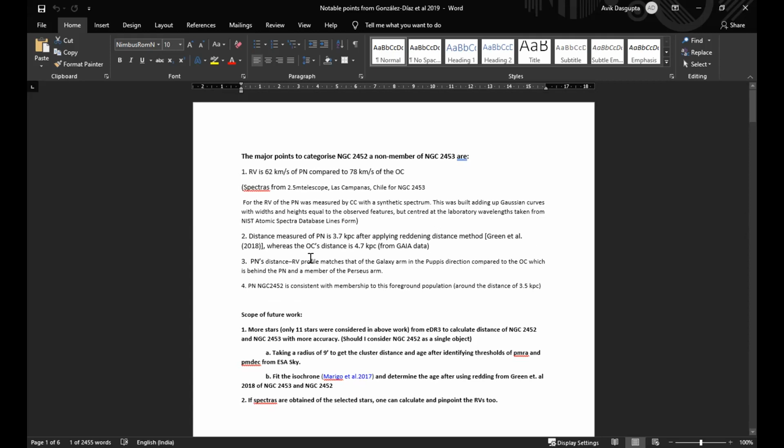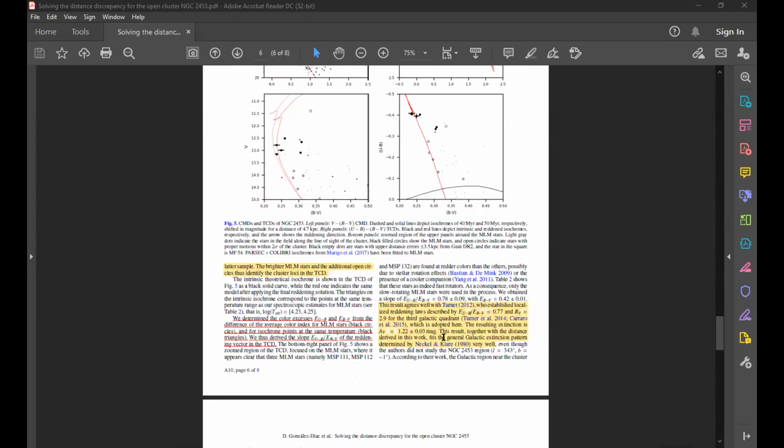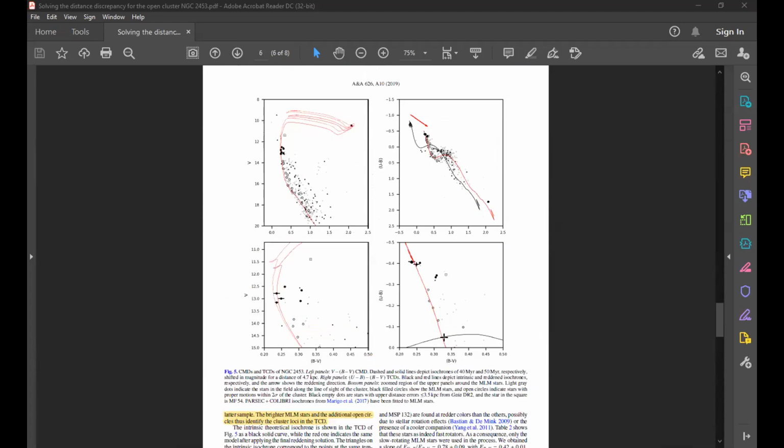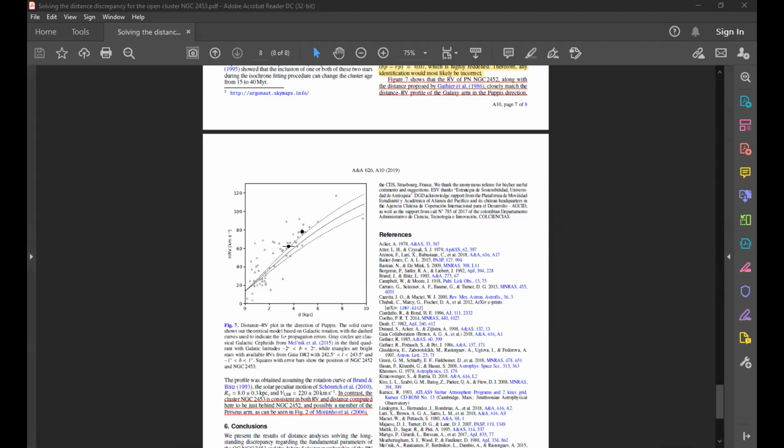The third thing is, for the planetary nebula distance radial velocity profile, what they did is compare with the Galaxy arm. After doing the plot, okay, I need to stop this. If I want to share the paper, I share only one at a time. Zoom won't let you share multiple. Actually, you can share multiple if they're all on your desktop. You share your desktop, and if your desktop has two files, it can show that. I have all the files. Ma'am, can you see it? Yeah, I can see the paper.